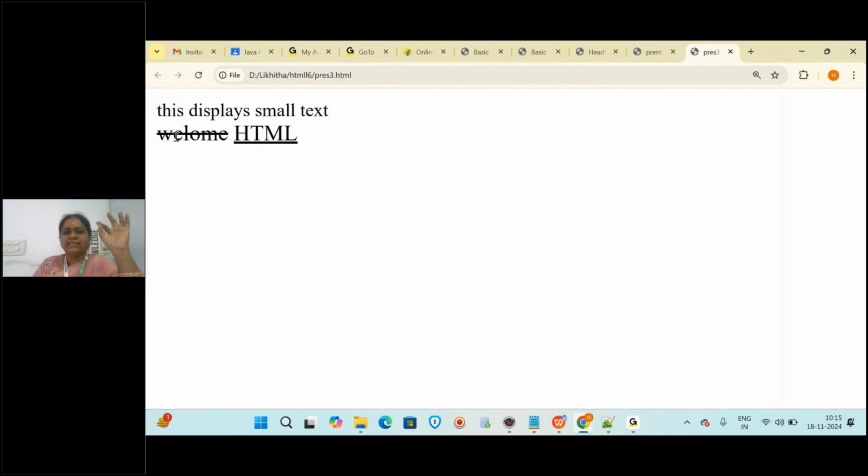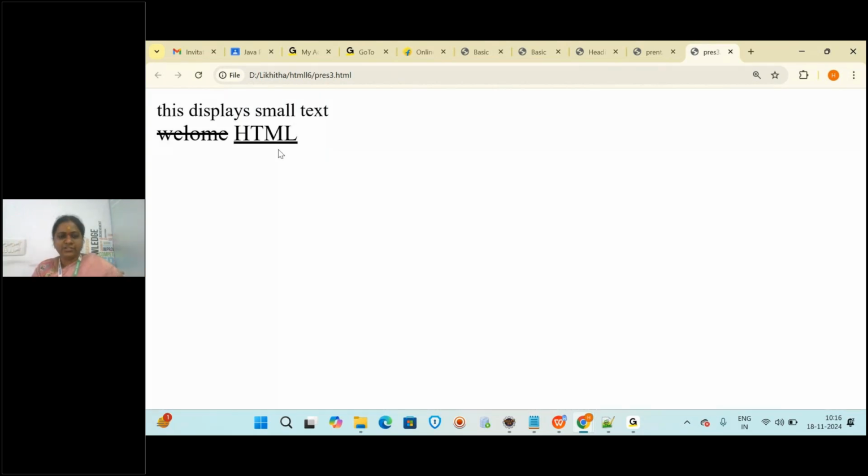We can say this is the previous one, this is the new one. In such situations we will be using delete and insert together. Whoever is viewing the page will understand, okay, this is the previous version, this is the new version. But for both, you will be getting what? Underline.